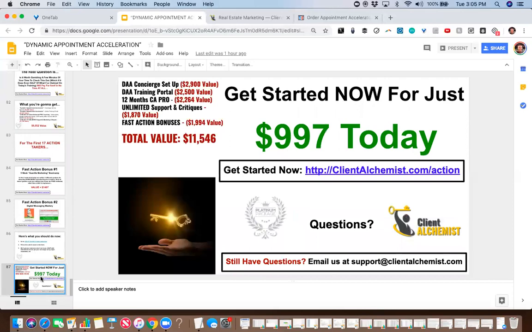Will this work in my market? I don't know what my market means. But here's what we have found. This is literally working in every market we've ever tested it. Even in the most highly competitive, super high average price home markets, this process is working, has worked, and will continue to work. There are definitely some little subtleties and some things that we might want to take into account with different markets, but absolutely.